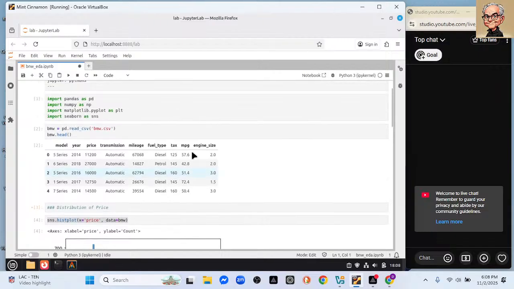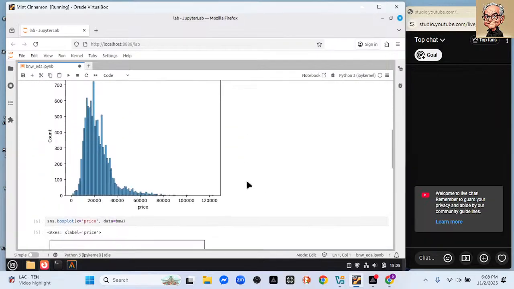I'm not sure about these. I think, for instance, the miles per gallon, this is liters, and this is actually not. This is actually like, what, liters per kilometer or something like that. I don't think this is actually miles per gallon, because some of the values don't make any sense. Okay, now